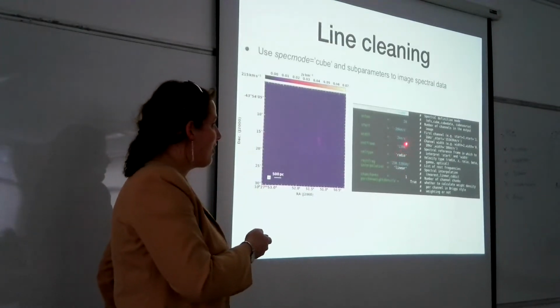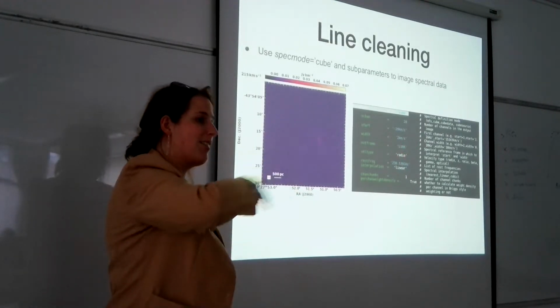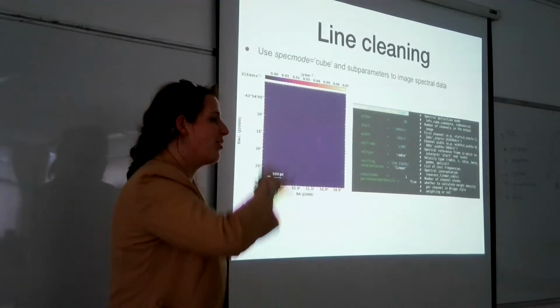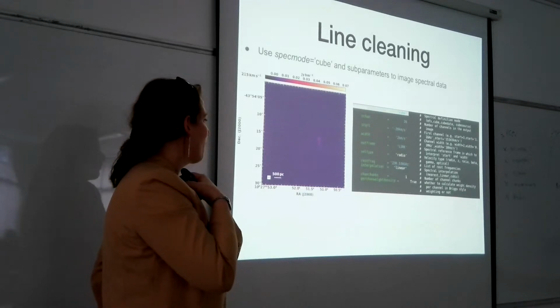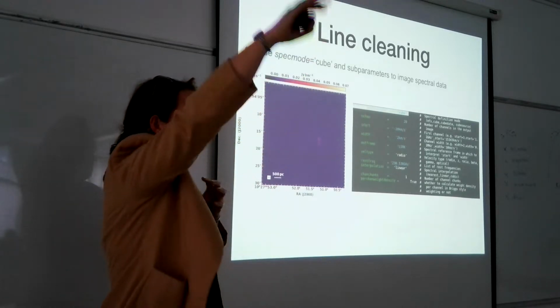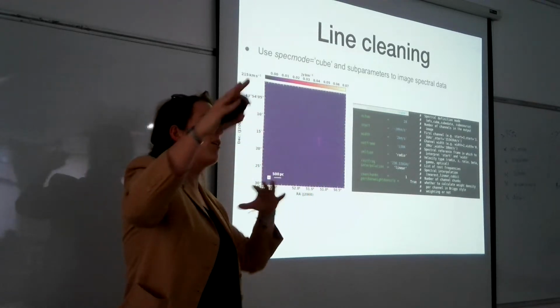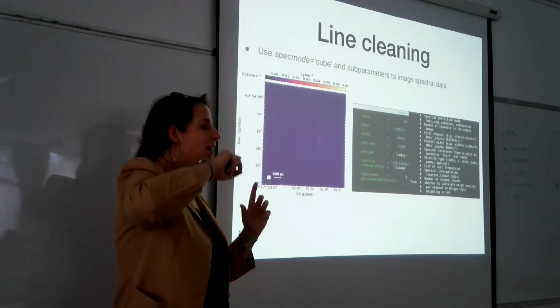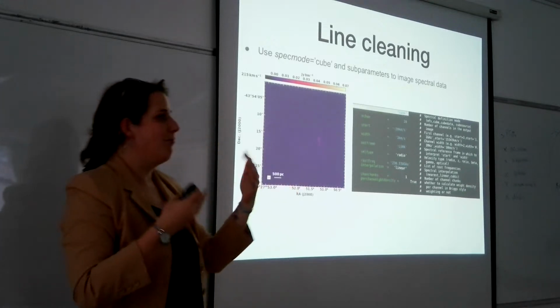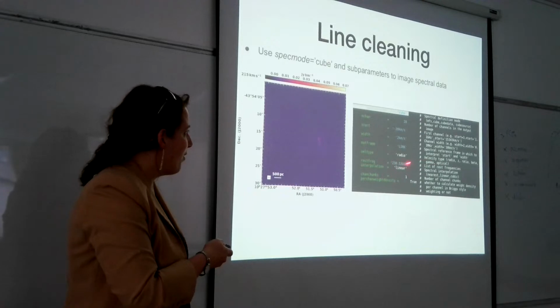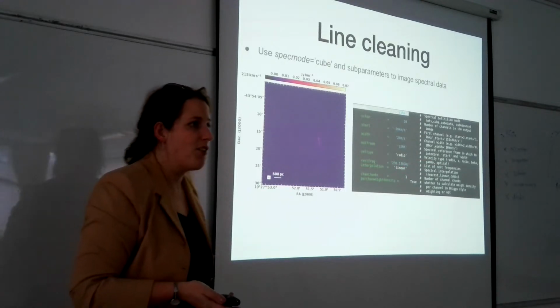Outframe equals LSRK, that's very important because if you don't set that, then it's going to do weird things. This, again, is because of the Earth moving and the object moving, and setting it to LSRK means that you correct for all of those movements, and that you really measure how this thing is moving with respect to itself. And then the rest frequency, this is the frequency of your